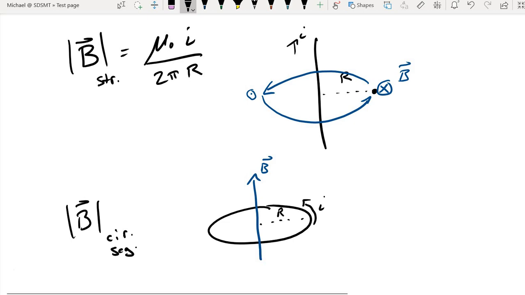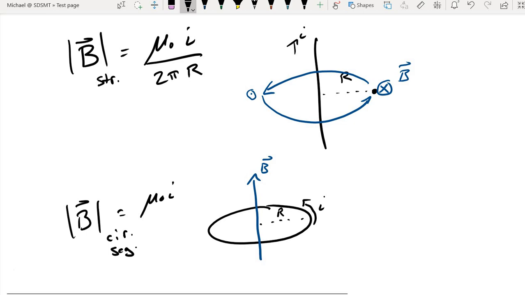However, the expression comes out to be different, first and foremost due to the geometry of the system. But when we go through and evaluate the magnitude of that magnetic field, the expression that we get is mu naught I over,